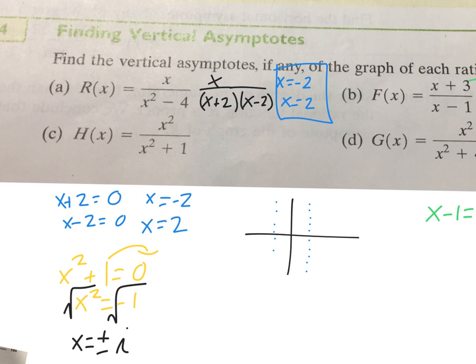When I graph, am I dealing with imaginary numbers? No, we are not. So, where are the vertical asymptotes? Here, there are none. The only vertical asymptotes would happen